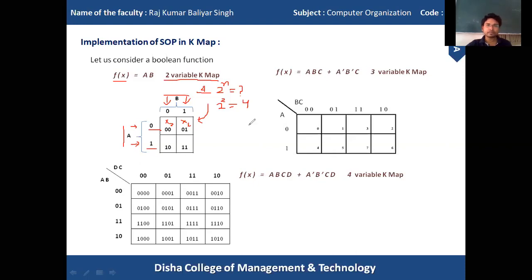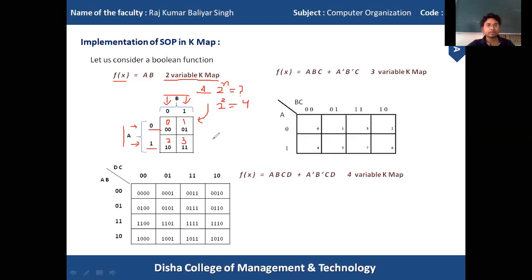This index of the cell can also be represented in decimal form: 0 1 is converted to decimal 1, 1 0 to decimal 2, and 1 1 to decimal 3.